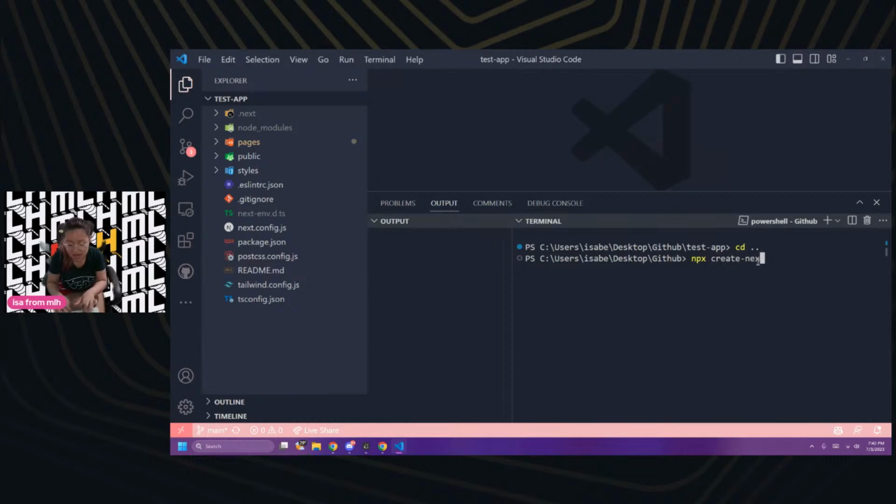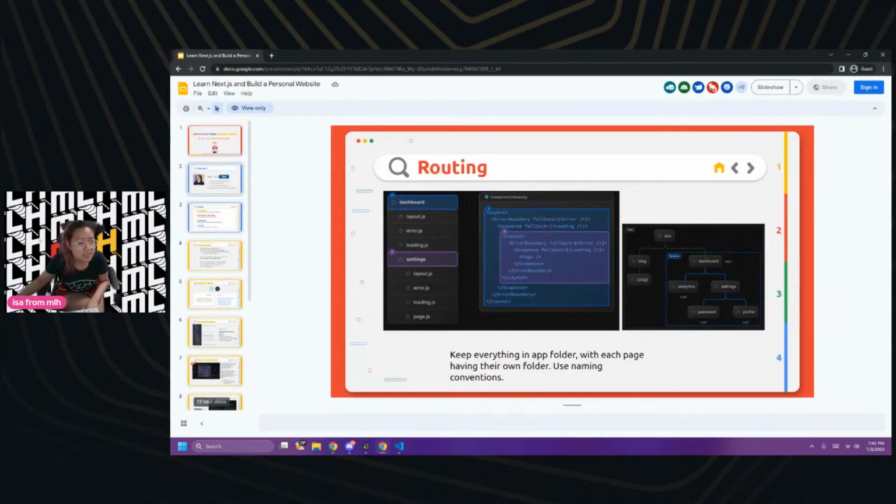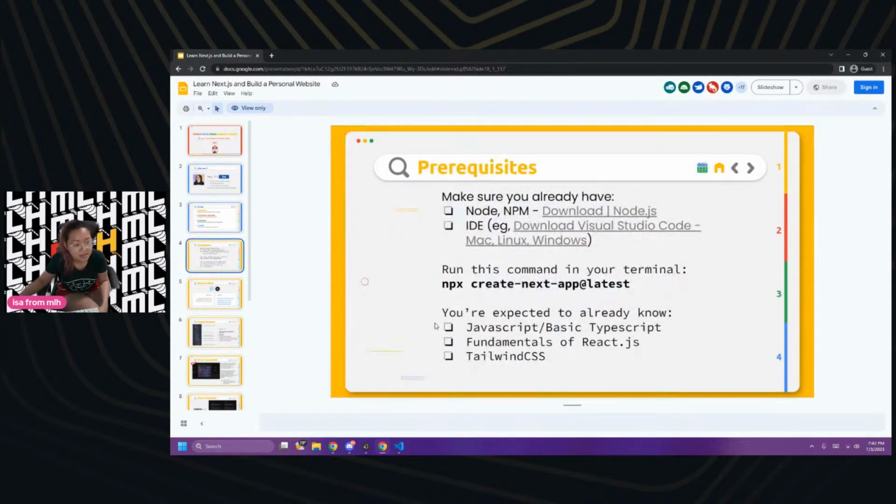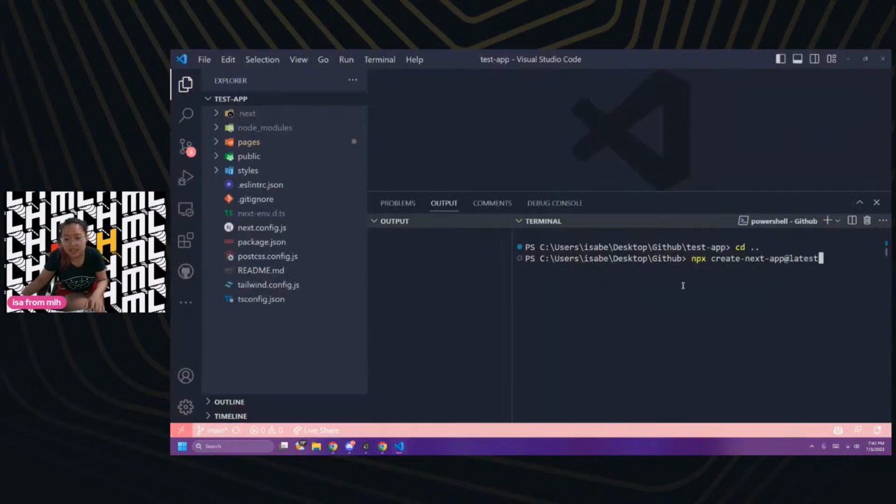npx create-next-app@latest. I'm taking a guess. Let's see. Am I right? Yeah, create-next-app@latest. So I'm going to do this, and then this is what everyone is going to see. Great, perfect example. It's going to tell you to install the package, and you can just say Y for yes, and then you can stick with the project that it's given. So I'm just going to keep it at my app, or you can type in what title you want to give it. It doesn't let you have special characters and spaces, so that's why there's a dash on this one.